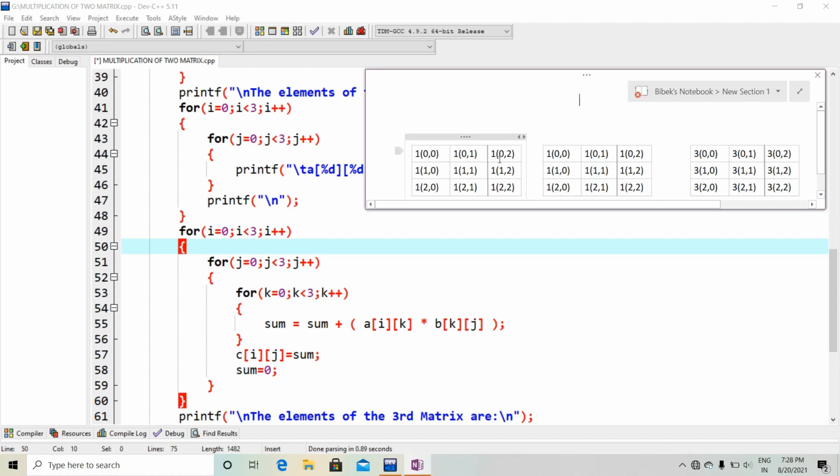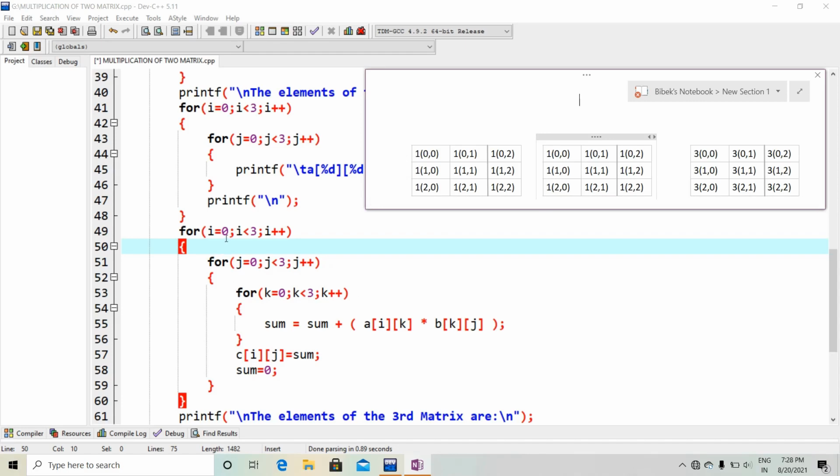This row will be multiplied with this column, then the result will be stored here, and this row will be multiplied with this column, and the result will be stored here, and then this row will be multiplied with this column, and the result will be stored here. And in the same process, the second row and third row will be followed up.